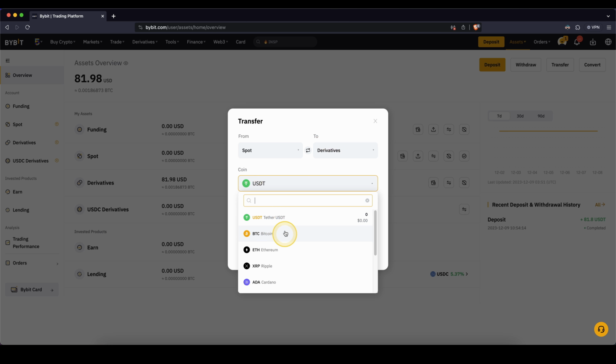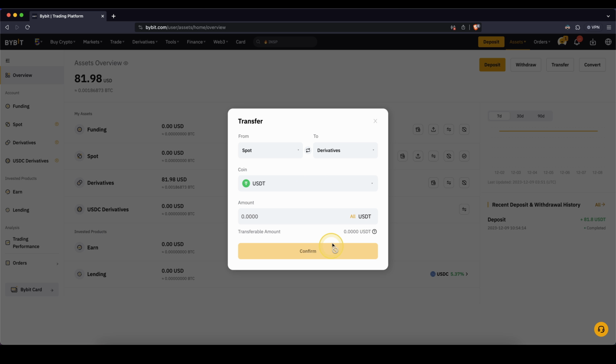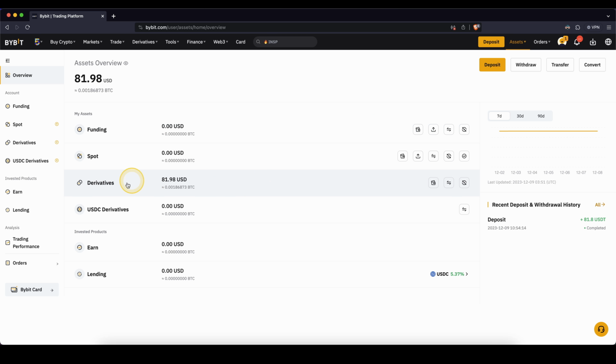You can choose the coin that you have in here. Select all, confirm, and then you will have it in your derivatives account. So that's first of all important, because only if you have it in here, we can then leverage trade with it. And the other thing is, if you have it in a different currency right now than US dollar Tether,